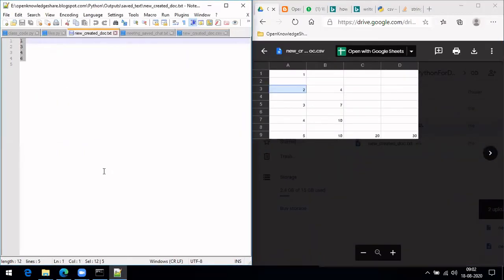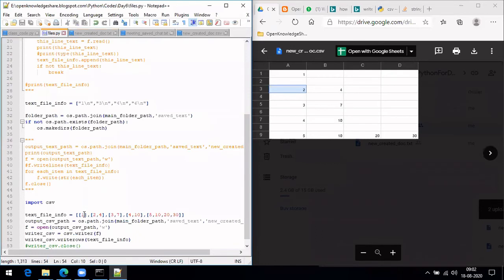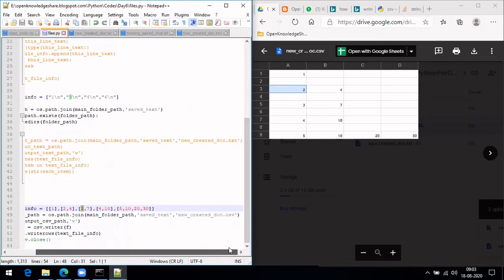This means the entire first row, and this means the entire second row, one item in one column. That way, 2 is in one column and 4 is in the second column. Similarly, 3 and 7 in a different column, 4 and 10 in a different one, and 5, 10, 20, 30 in a different column. Okay, so this was the case.